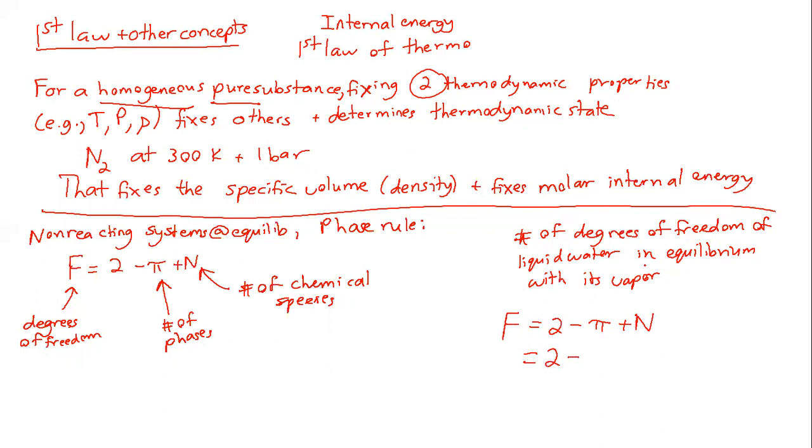In this case, there's 2 because it's liquid in equilibrium with the vapor, so 2 phases, plus N, and there's only 1 component here, it's just water. So this gives back 1. What that means is that if I fix 1 thermodynamic property here, I have fixed the thermodynamic state of